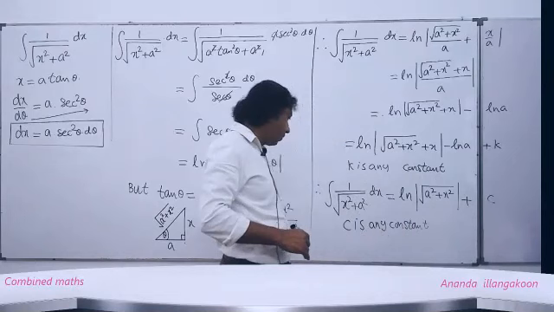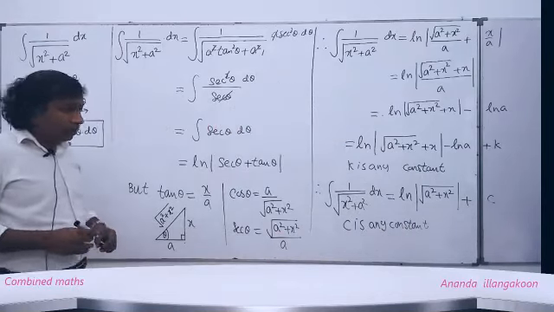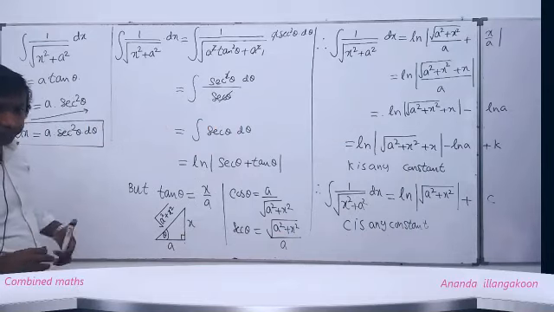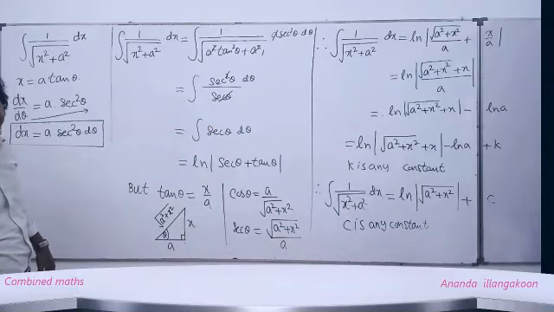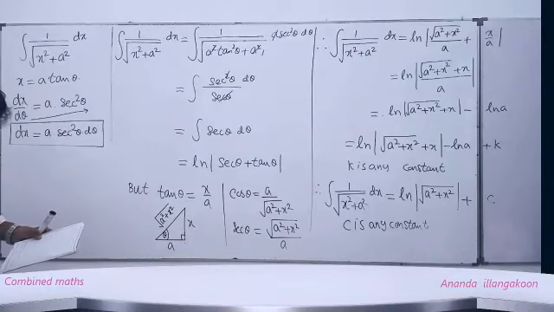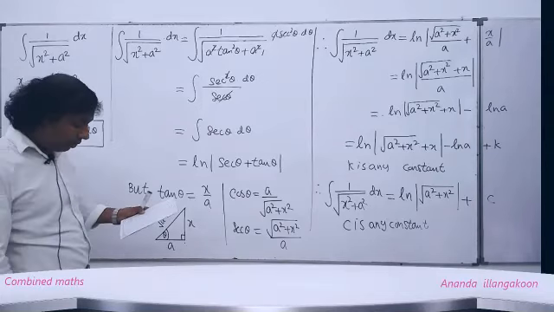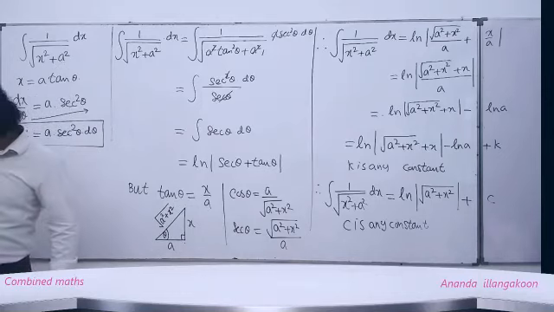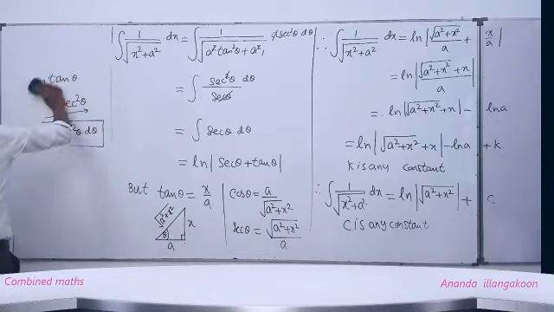C is any constant. This is how we get that answer. Right. You will take the third one. What is the third one? Right. That answer we know already, but we use that substitution. Right. Use that substitution. Third one is